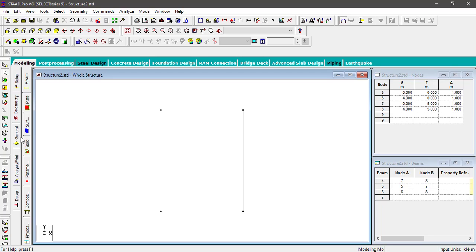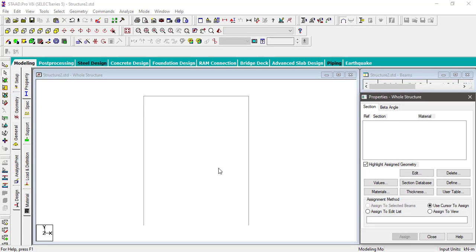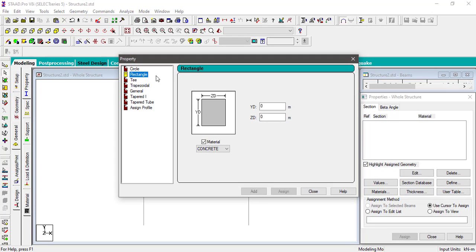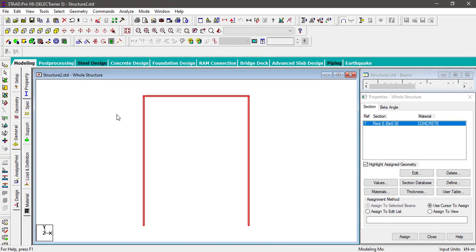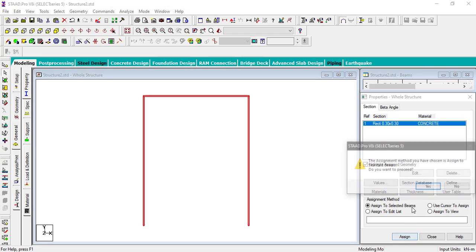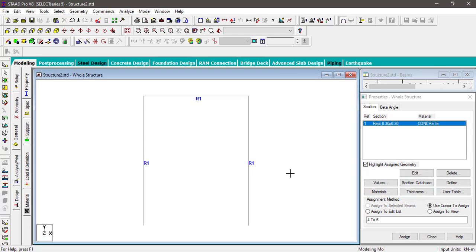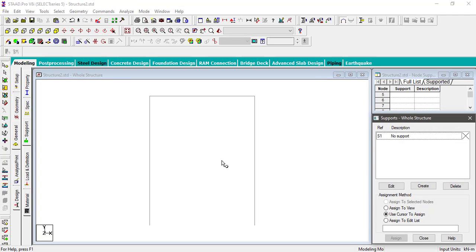After this, my next step is to go to general, properties, give any properties, say 0.3 by 0.3, add, close, select all, assign to selected beam, assign, close. Next I need to go to supports.